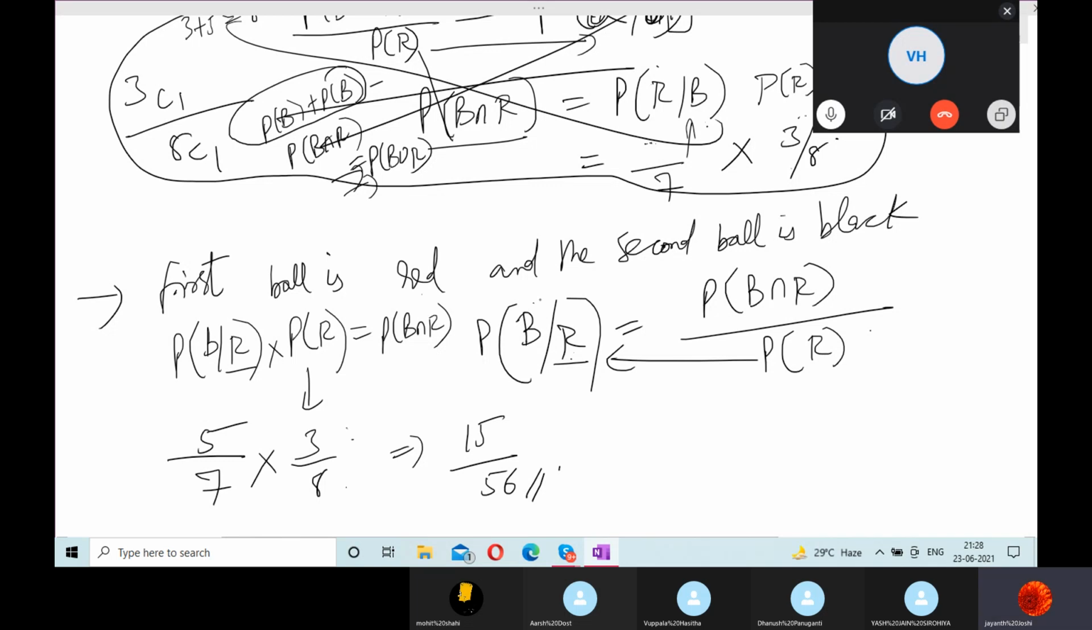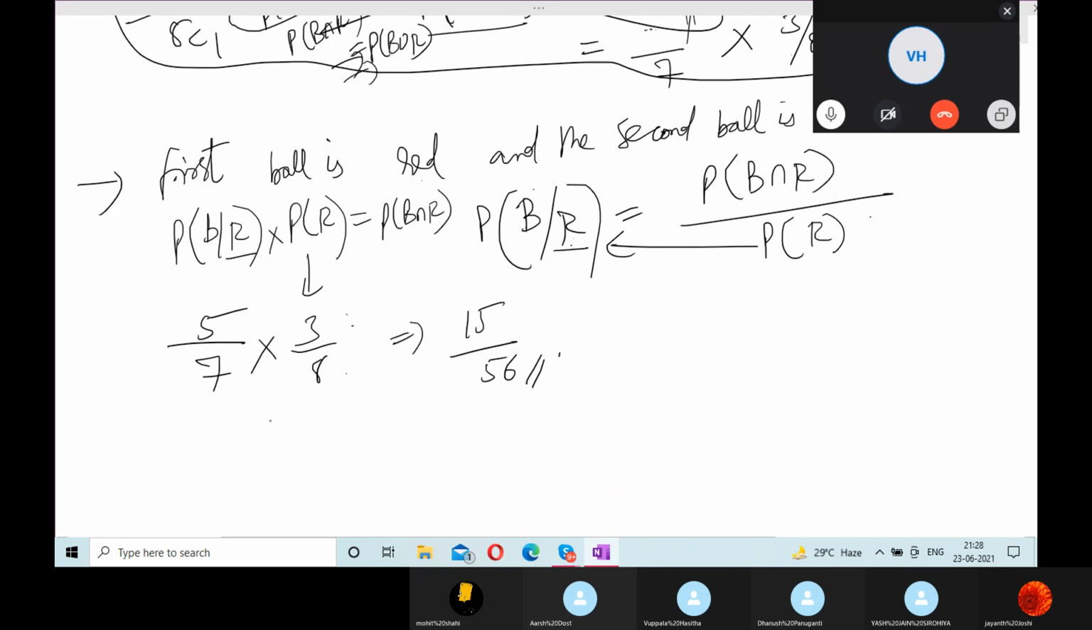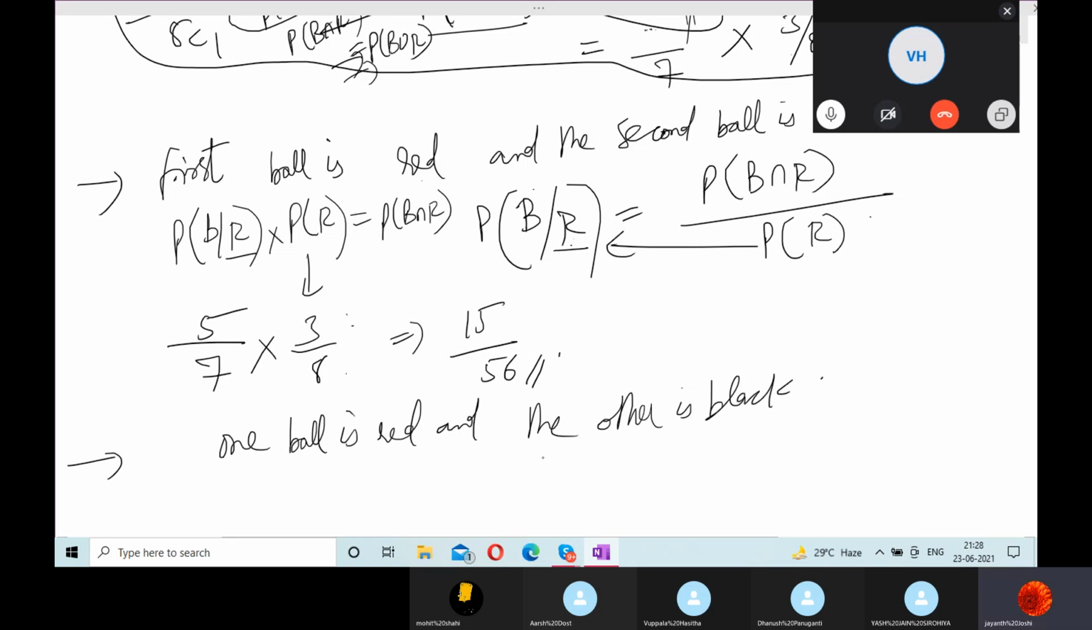See, the next question is very simple. The next question is: one ball is red and the other is black. So what is it that they have given? So the required probability would be